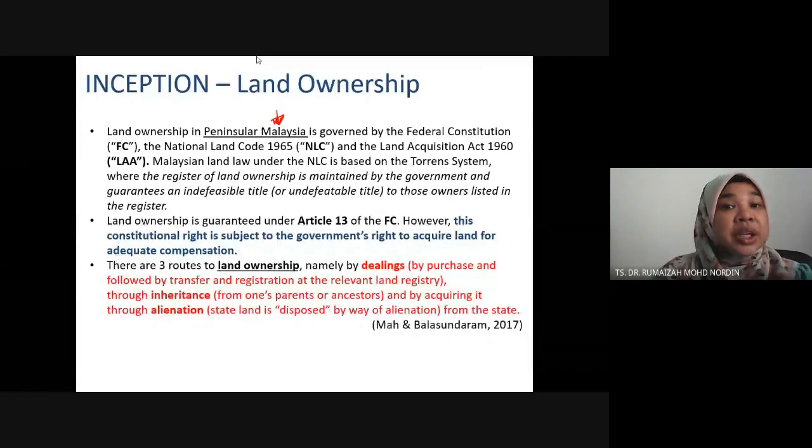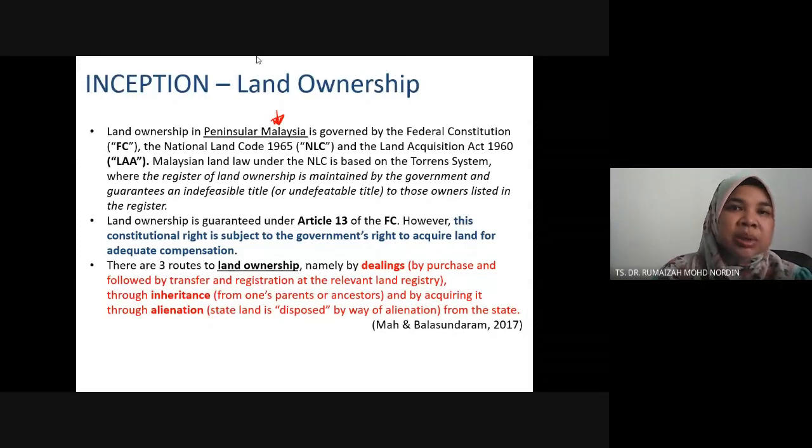In Peninsular Malaysia, where I focus, land ownership is governed by the Federal Constitution, and also the National Land Code, and the Land Acquisition Act. Alright. The Malaysian land law under the National Land Code is based on the Torrens system. So the register of land ownership is maintained by the government and